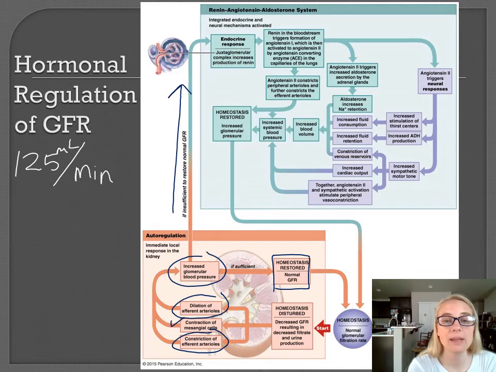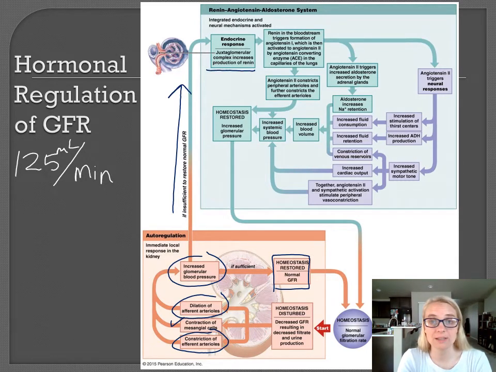So if you remember, that juxtaglomerular apparatus is going to recognize this drop in blood pressure that cannot be maintained with autoregulation. So it's going to trigger renin. If you remember the whole renin-angiotensin mechanism, I'm not going to go through all the details here. You can go back and review it in the blood pressure regulation chapter 21, I believe,